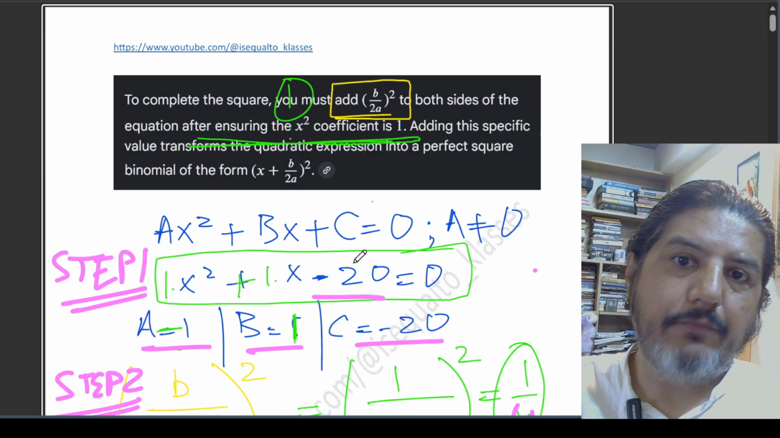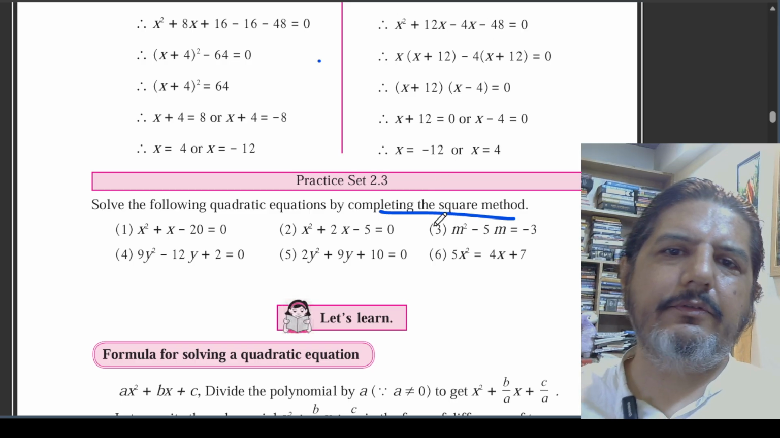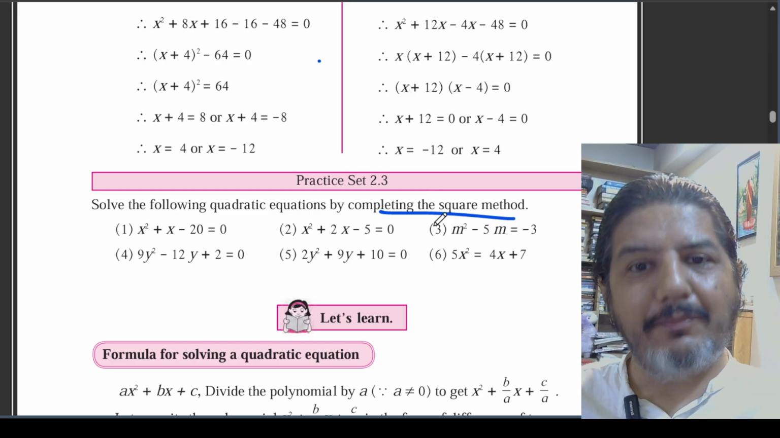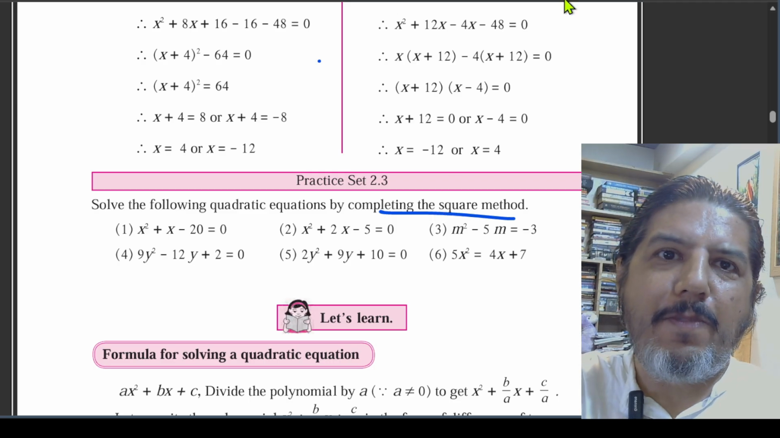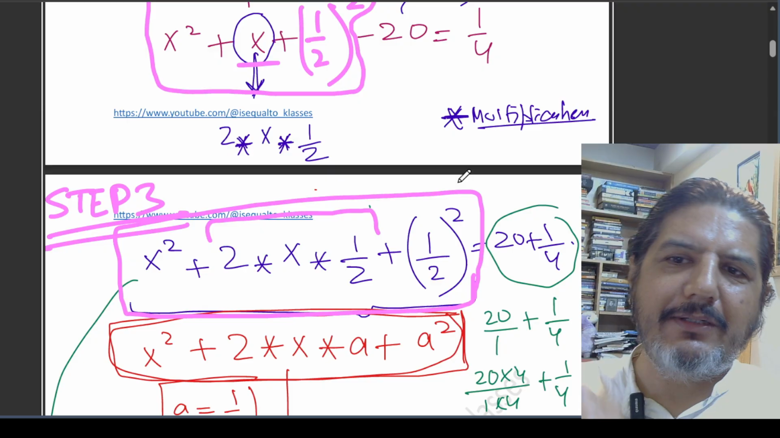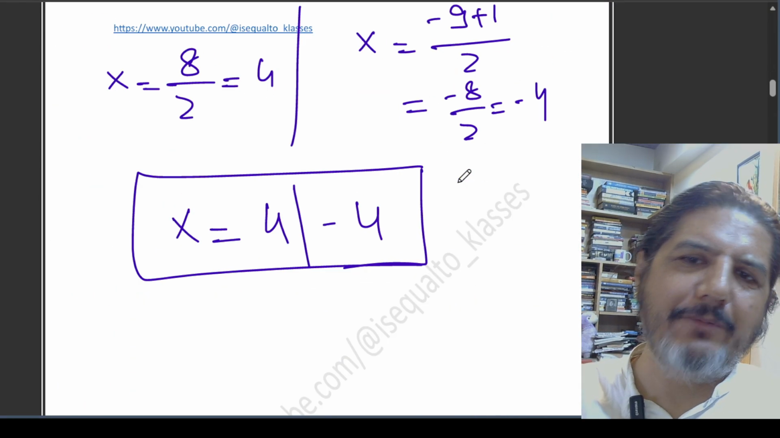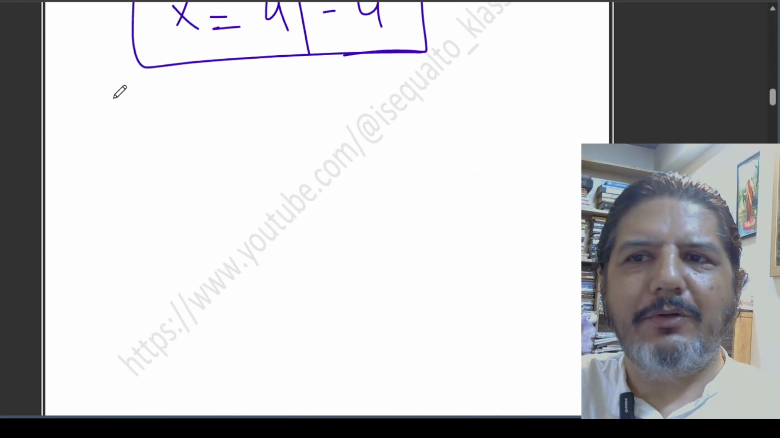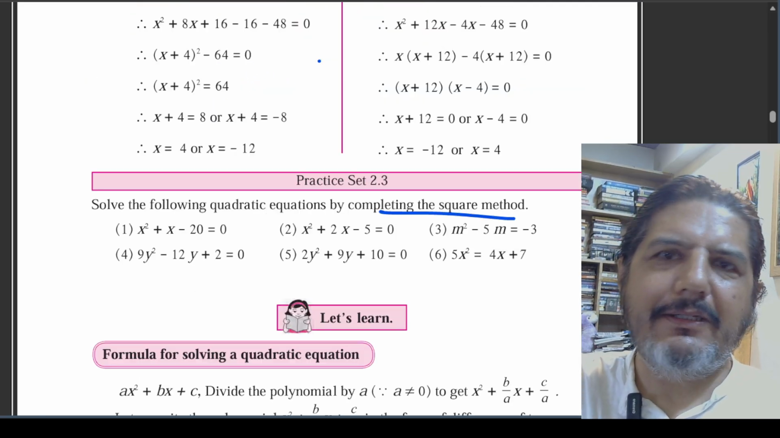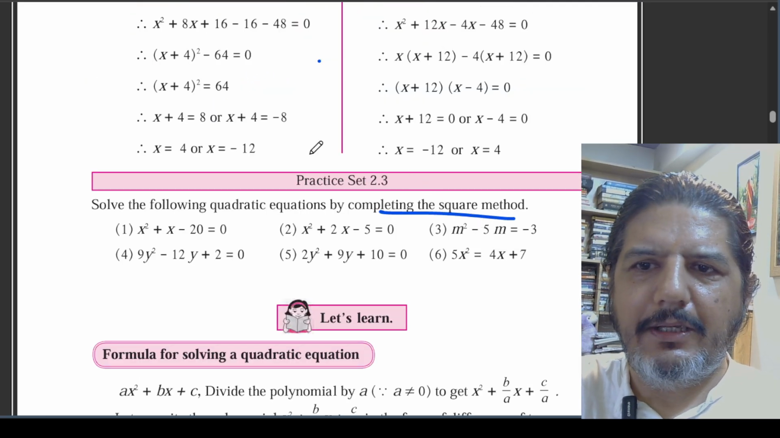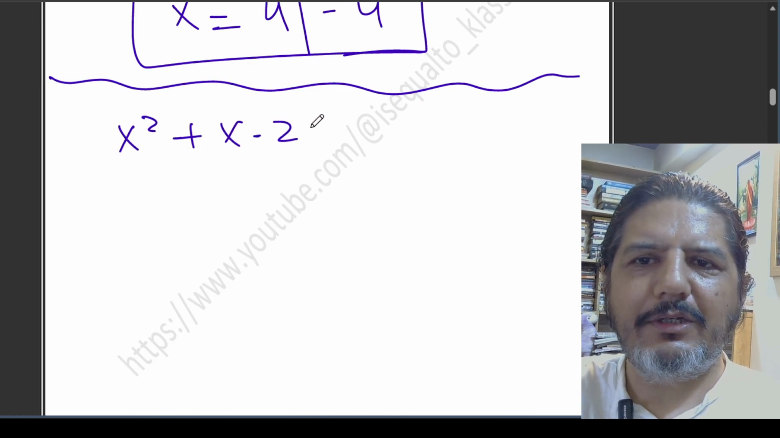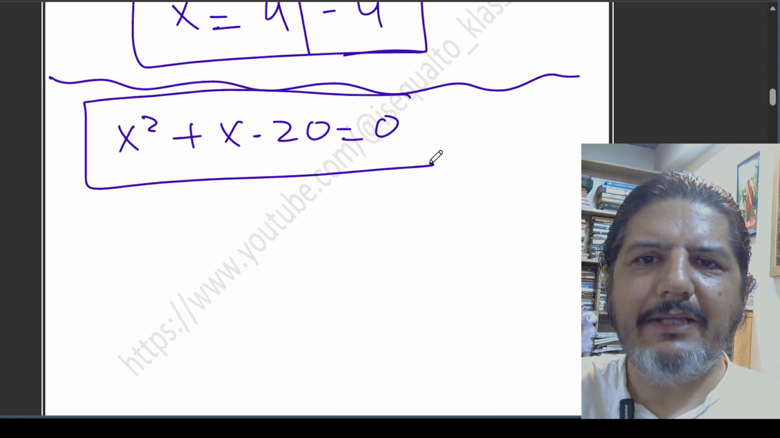One of the questions you might have about completing the square is why do we require this completing the square method? This seems to be a very tedious method. You first do step 1, then step 2, step 3, step 4, and finally you have the answer. Because if you have an idea, then this question x square plus x minus 20 is equal to 0 can easily be solved